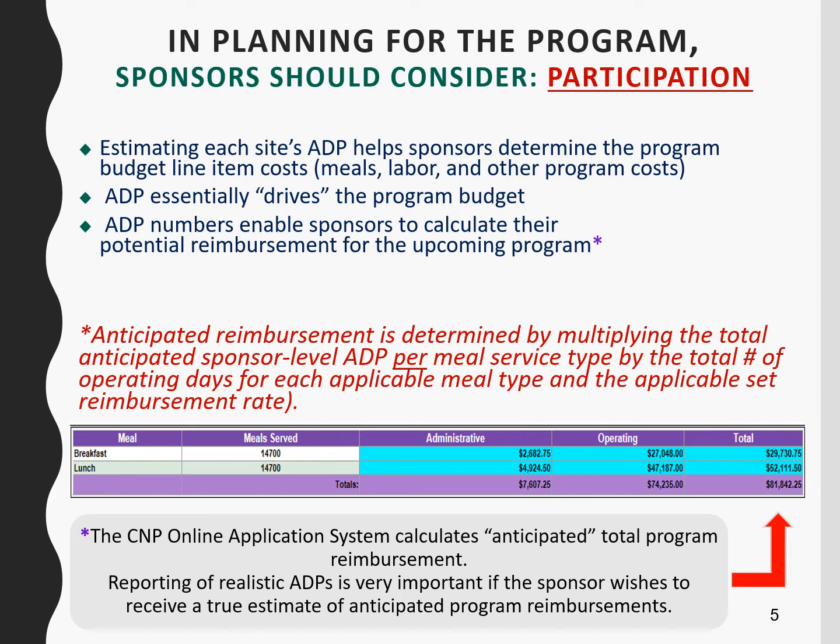Estimating each site's ADP helps sponsors determine the program budget line item costs, such as meals, labor, and other program costs. The ADP essentially drives your program budget. ADP numbers enable sponsors to calculate their potential reimbursement for the upcoming program. The CMP online application system calculates anticipated total reimbursement. In this example, the anticipated total program reimbursement would be equal to